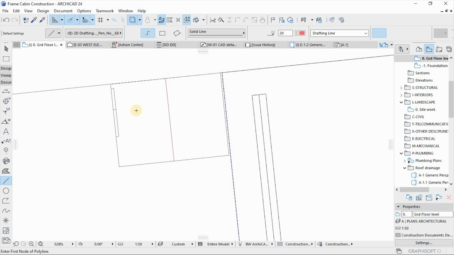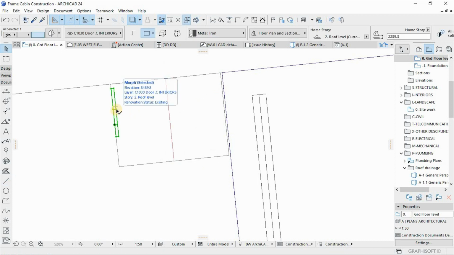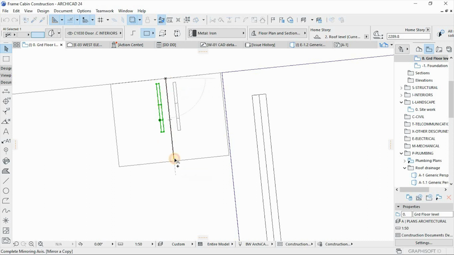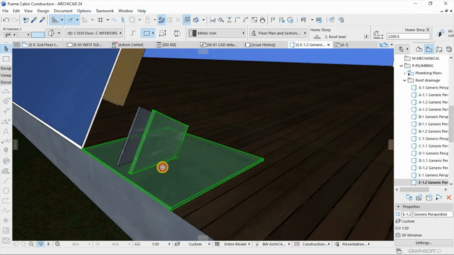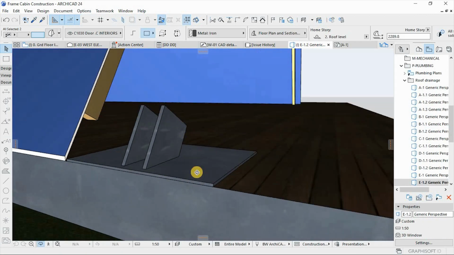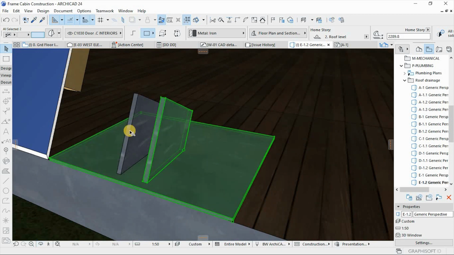Draw a line as a midpoint, and then drag this there. And then from here, I'll move it with the half thickness of the truss, which is 50 this way, and then I'll mirror a copy to that side. And then in 3D we have something like that. So this will be,